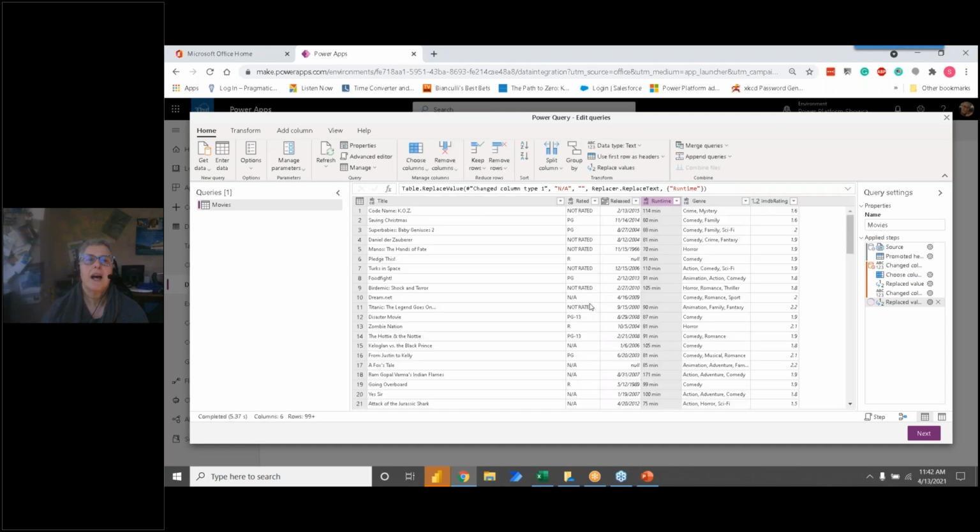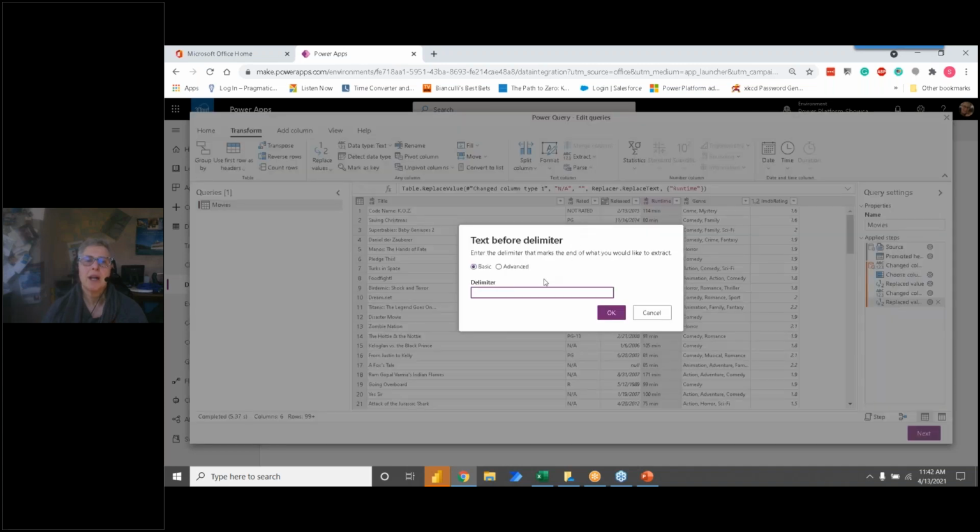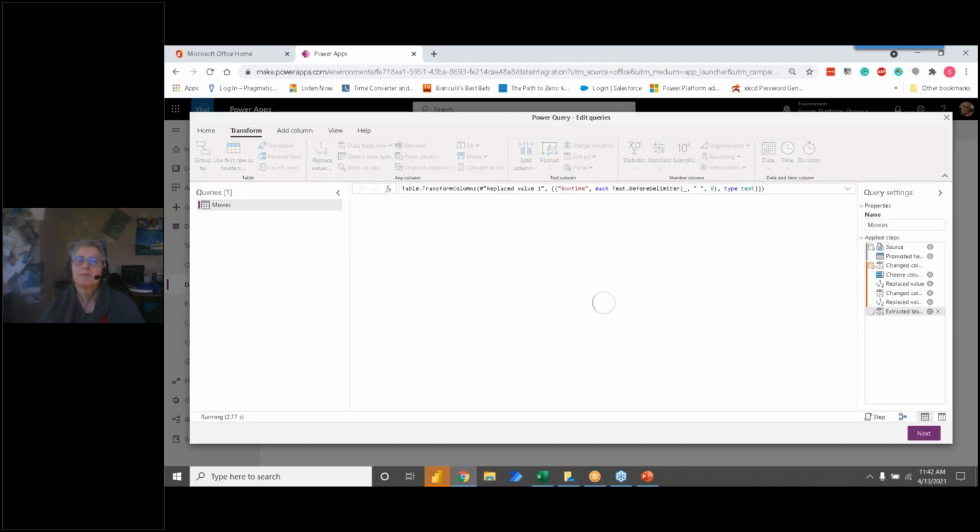And then I'm going to use a transform up here in the transform ribbon called extract. And I'm going to extract everything before the delimiter, which is the space between the number and the minute. So I'm going to put a space in there and tell it OK. And that should strip off minute.